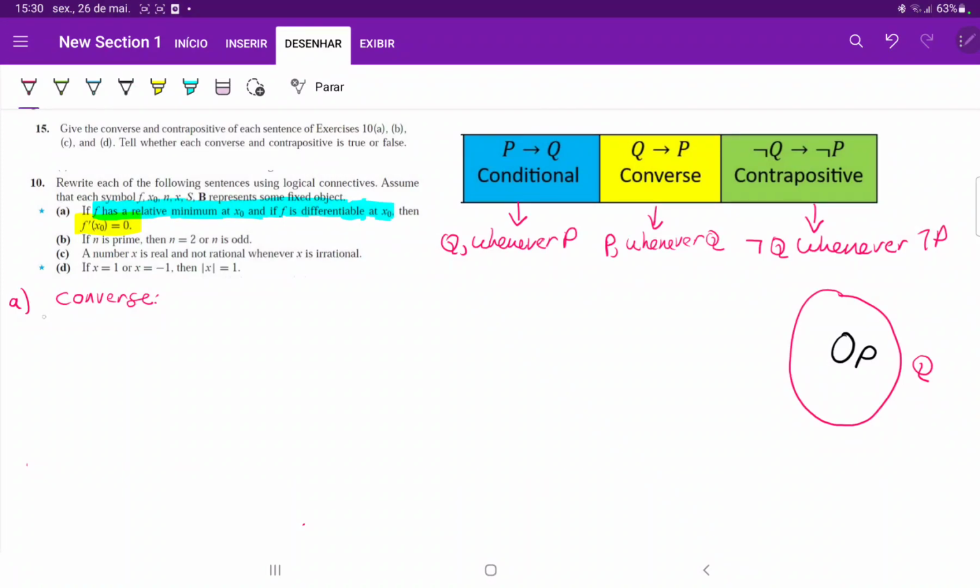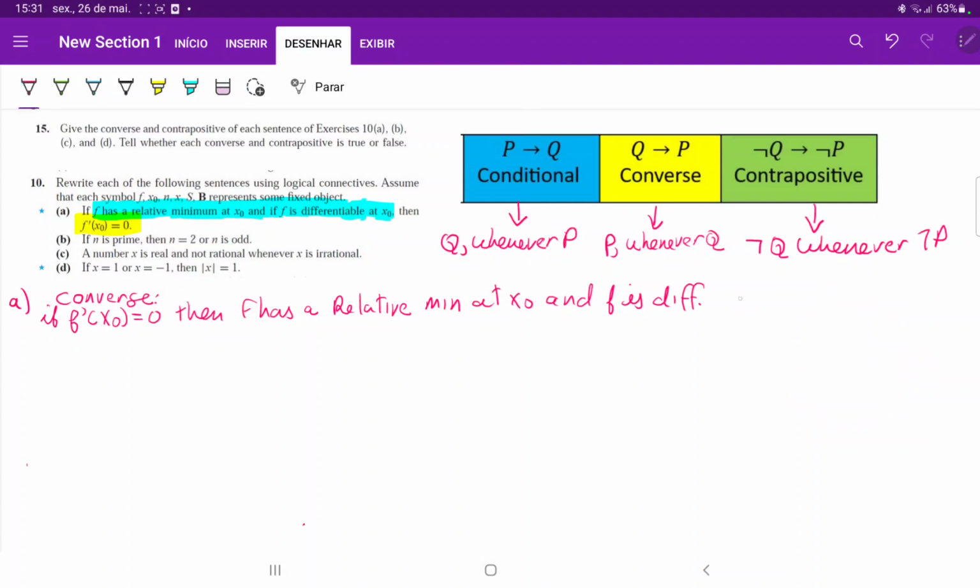So for the converse: if F prime of X naught is equal to 0, then F has a relative min at X naught, and F is differentiable at X naught. And we have to see if this is true or false. We're saying if the derivative at X naught is 0, then F has a relative minimum and F is differentiable. But that is not true, because I could have my function y equals x to the power of